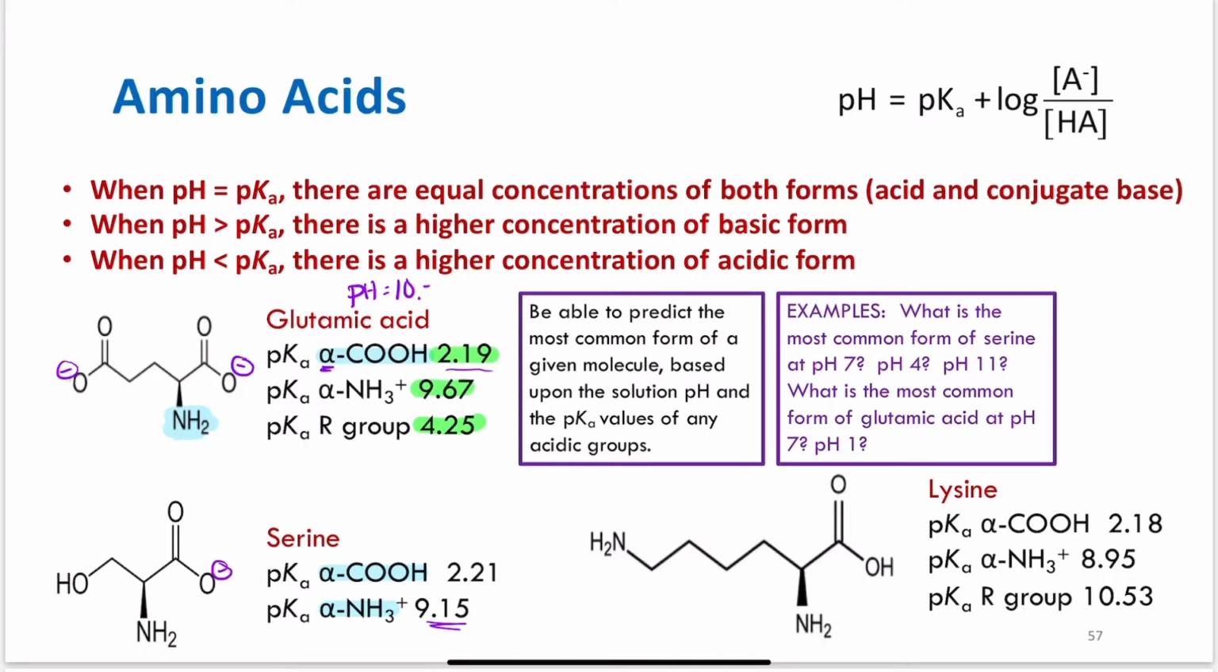And lysine. So what is the most common form of serine at pH of 7? 7 looks like this, where the first proton here on the carboxylic acid was removed,